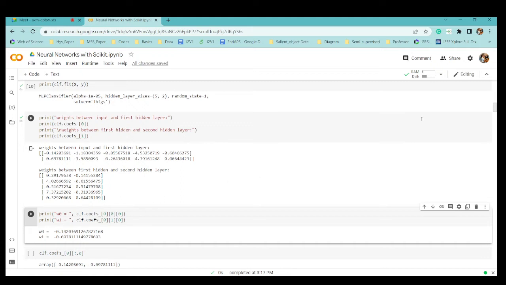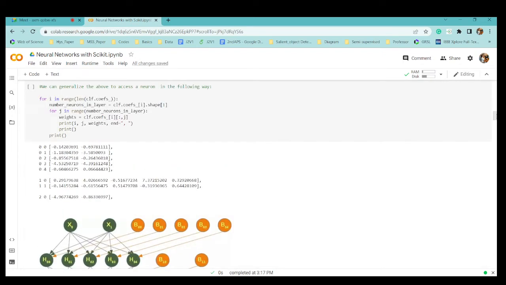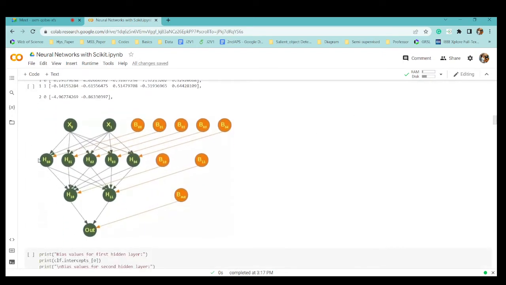Now I need to know what the final weight will be. I hope you are familiar with how a neural network works. These are the weights we calculated individually, and then we calculated the weights between the layers. So H10 will have 5 values, and H11 will have 5 values, because previously we had 5 hidden neurons. Similarly, H00 will have 2 values.